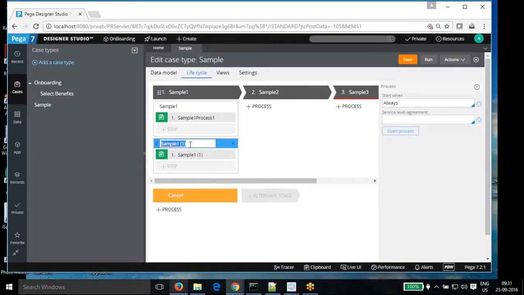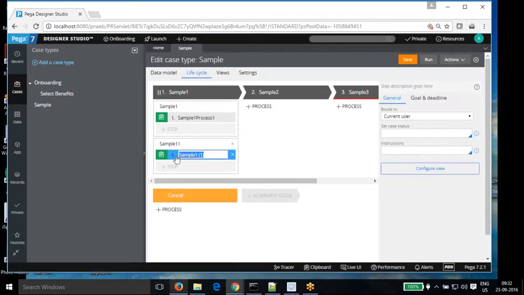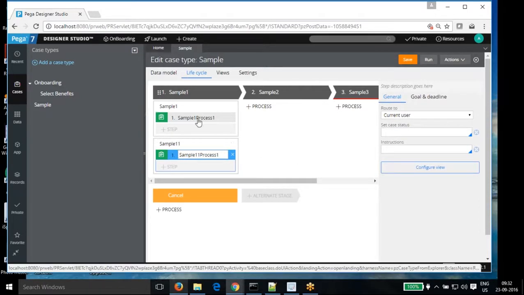So if you see, within that sample one one. Okay. So this is sample one one, and here also I can go for sample process, sample one, process one. So this is your complete flow. You can have multiple steps here. Okay. Basically, it's just the name. It's nothing actually, it's just about the name. I'm just giving any name to create that.